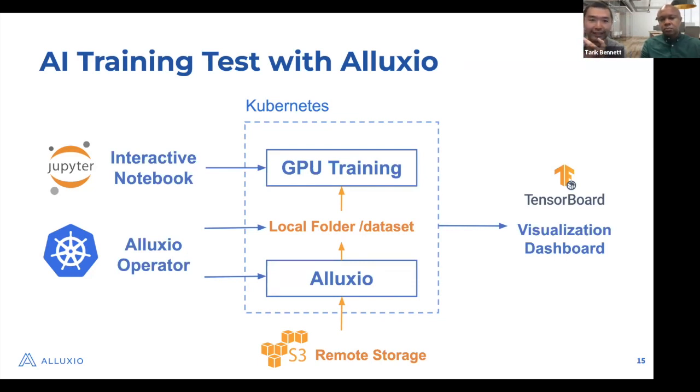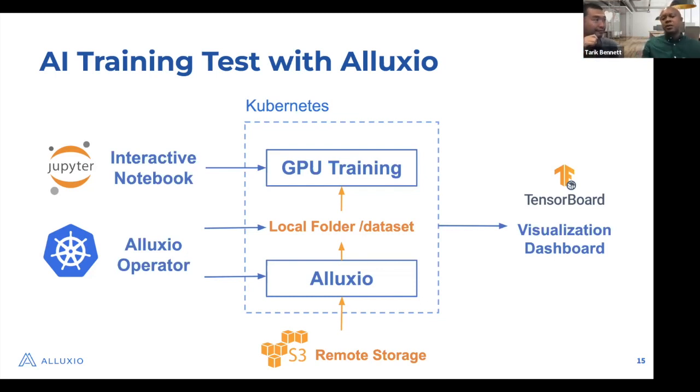And the training container will use a local folder. Actually, it just looks like a local folder. It's not a real local folder, which means you don't really need to copy the data locally. Here we are using Alluxio FUSE. Alluxio will help you load the training data on demand, which means from the machine learning engineer's perspective, they just access the data in the local folder. But from the Alluxio perspective, Alluxio will load the data from your under storage, from your S3 or something else, and speed things up, because Alluxio here runs as a cache. It will speed up your I/O.